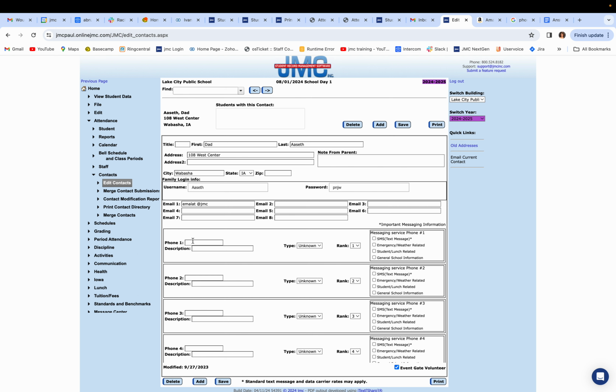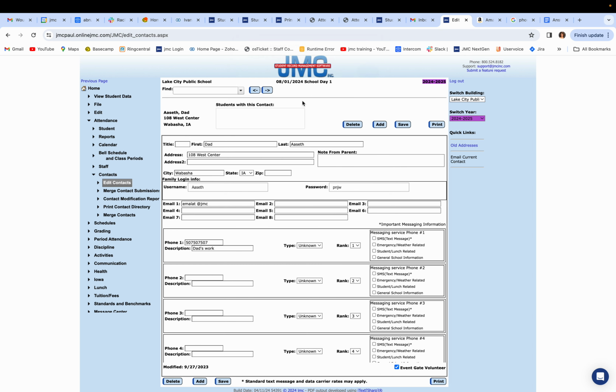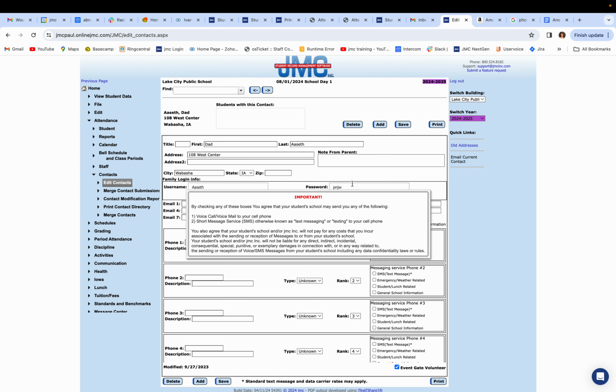Whatever it is, put in the phone number, 507, 507, 507, and then that one is Dad's work, so that when you get on the main page, you'll know exactly who you're calling. Save anything that you change in here, otherwise all your stuff will go away. It's not a valid email address, so I'll just take it out, but you could certainly put in a valid